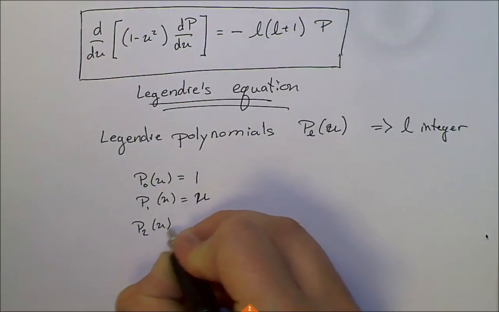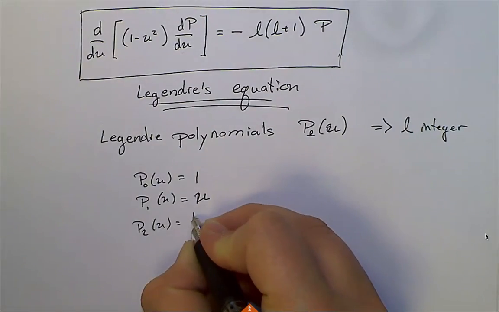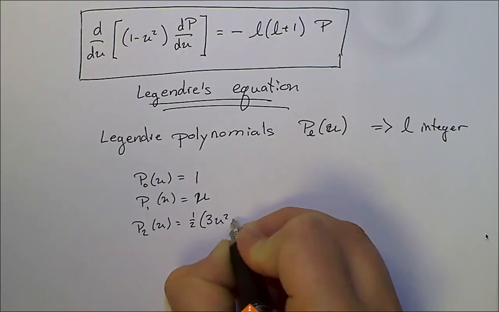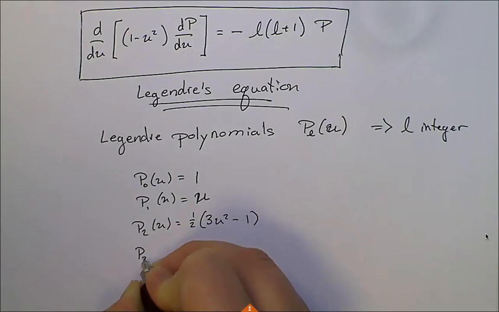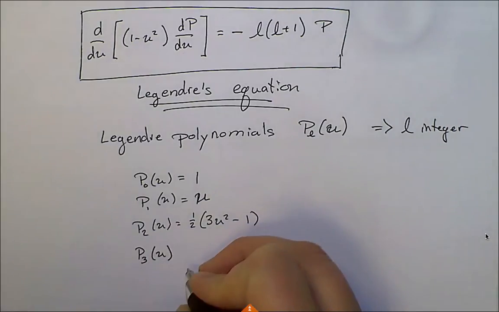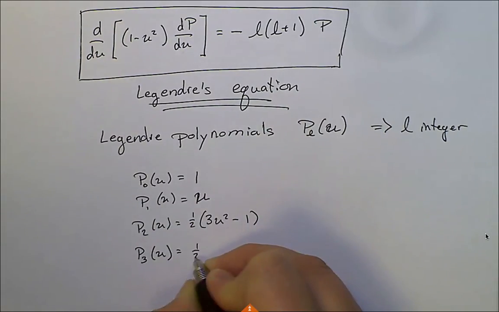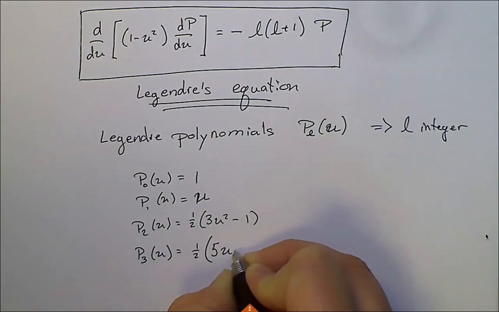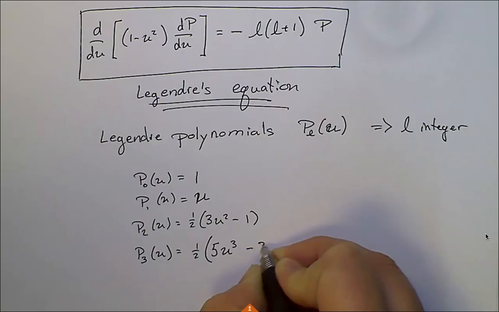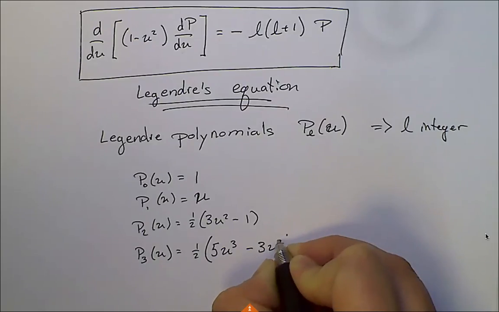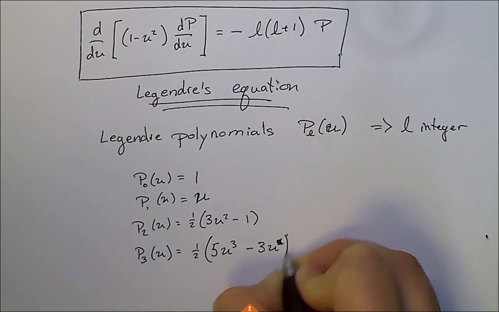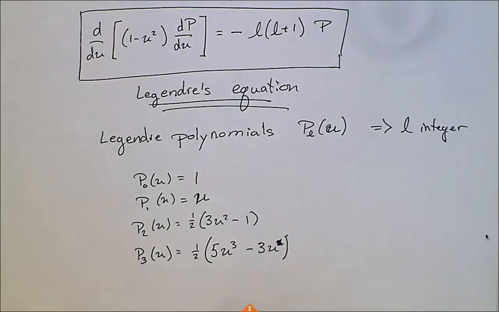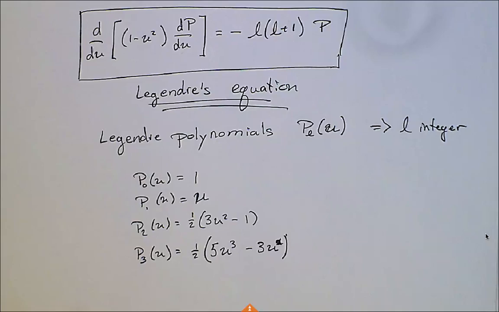P2 as a function of u is 1/2 times (3u squared minus 1), and P3 is 1/2 times (5u cubed minus 3u). P1 is just u, my bad. All right, so we can combine all of this together now and write the potential, which remember